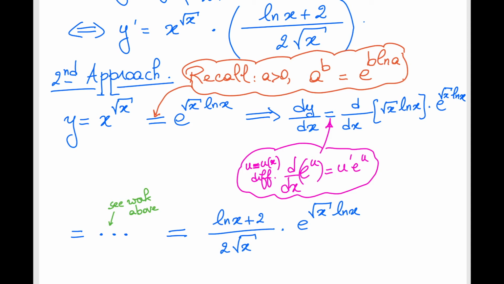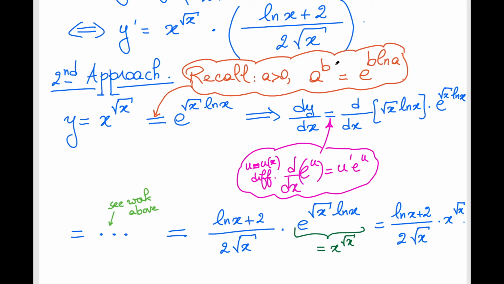Correct? And we get back exactly as we found before: ln of x plus 2 divided by 2 square root of x, times x to the power square root of x, as we just found before. All right, I just wanted to introduce this